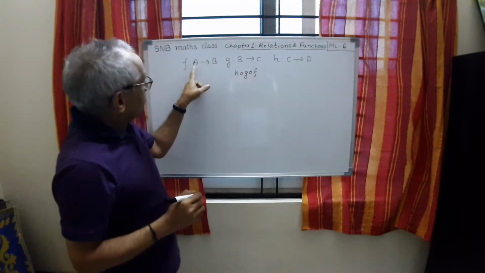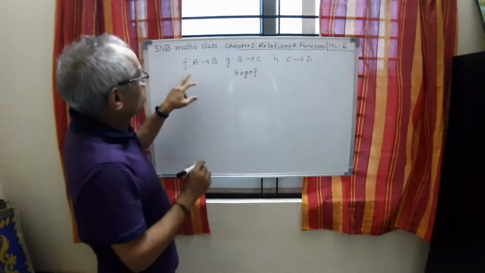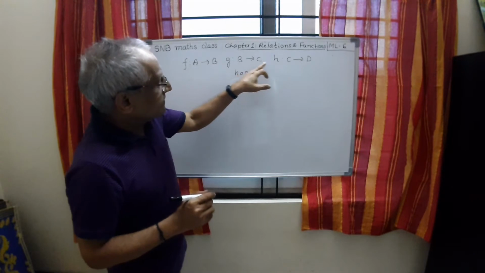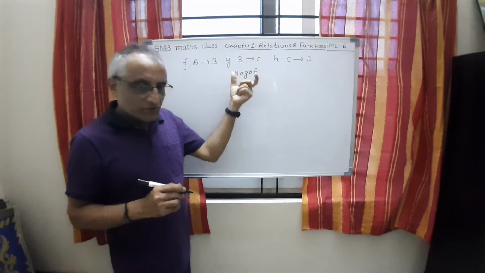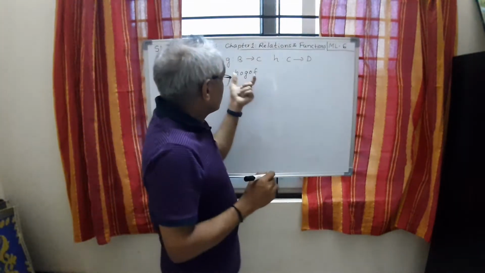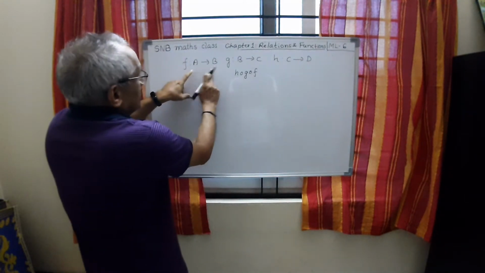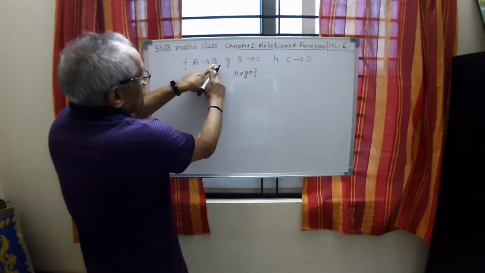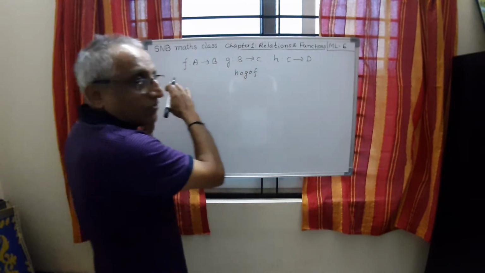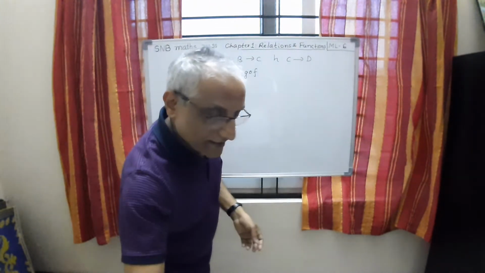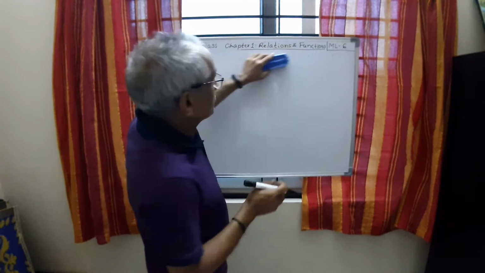Now, if instead of A, B, B, C, C, D, different domain and codomain, you have the same domain A to A, here also A to A, here also A to A, then you can form the composite function in any order. This is because a composite function can be formed only when, when you write g of f, the codomain of the first function should be the domain of the second function. But when all of them are equal, we can form in any order. Let me take one example of this type of composite function.